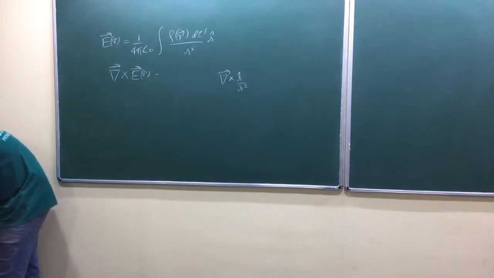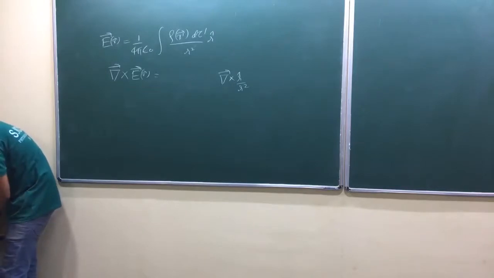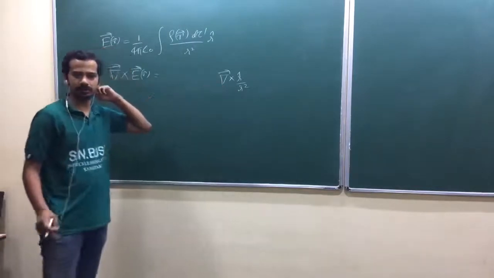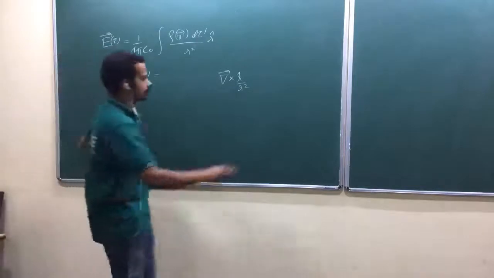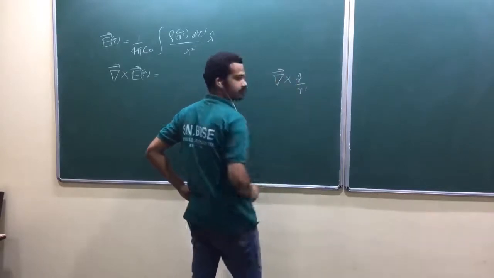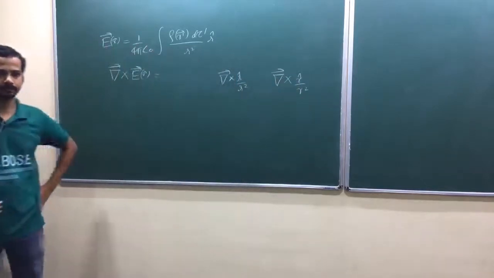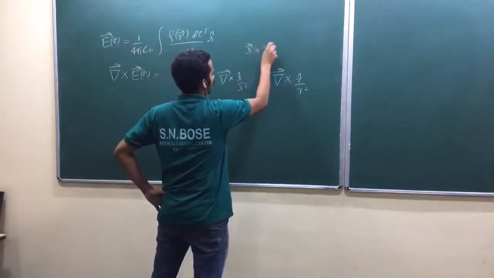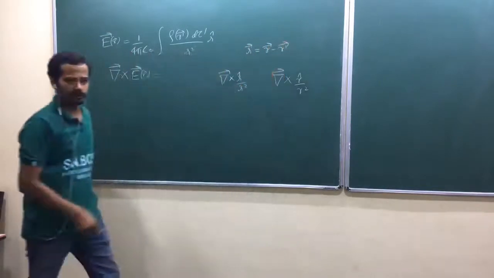Calculate the curl of the vector function in problem number 1.15. Anyway, can you try to find the curl of this one using Cartesian coordinates? It's better. The curl of del cross r cap by r square would be very easy in polar coordinates, but here this r cap contains what? The vector r minus r prime vector. That's why you'd better go for Cartesian coordinates.